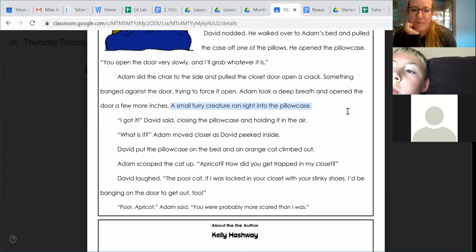Adam moved closer to peek inside. Dave put the pillowcase on the bed. An orange cat climbed out. Adam scooped the cat up. Apricot? How did you get trapped in my closet? Dave laughed. The poor cat. If I was locking in the closet with your stinky shoes, I'd been banging on the door to get out too. Poor apricot, Adam said. You were probably more